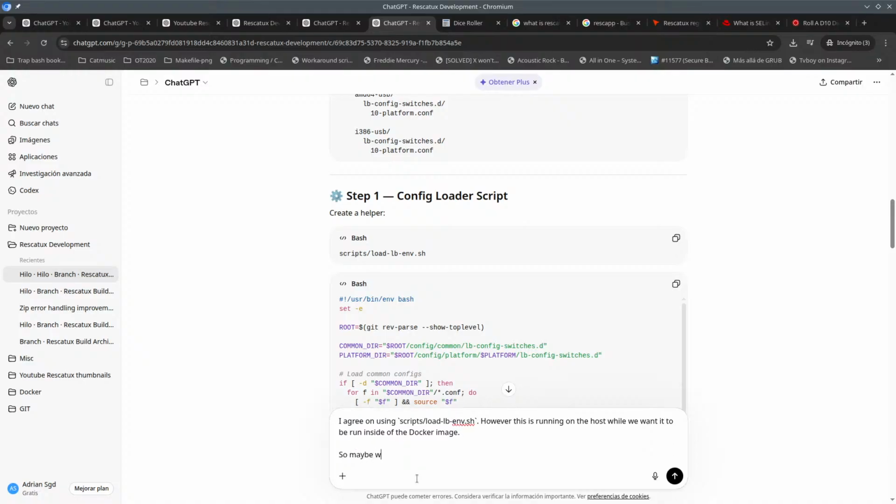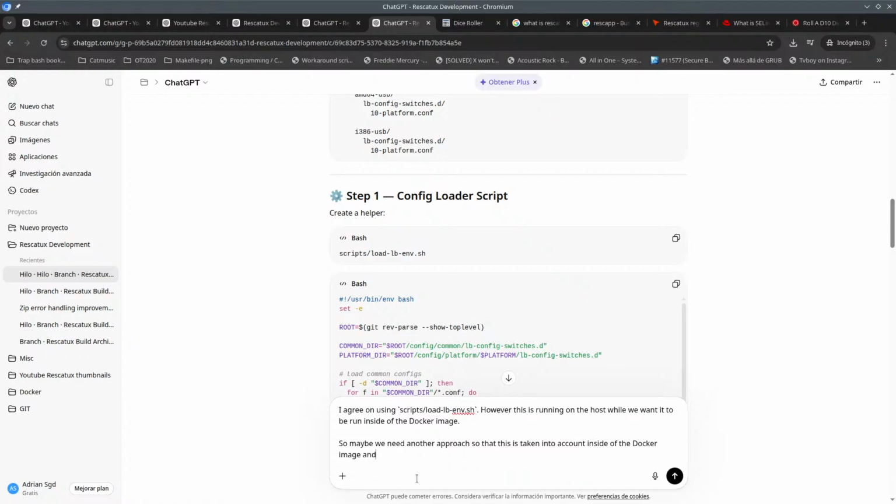So maybe we need another approach so that this is taken into account inside of the Docker image, and that at the same time inside of the Docker image